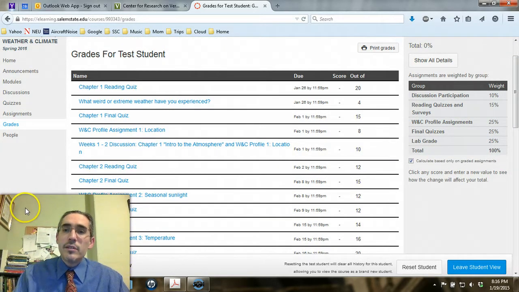I want to point out too that by default, when you look at your grades, you'll see on the right-hand side it says calculated based only on graded assignments. So as we get further along, it's only showing you the grades for things that you've submitted. If you've missed assignments, it won't show you the impact on your overall score.